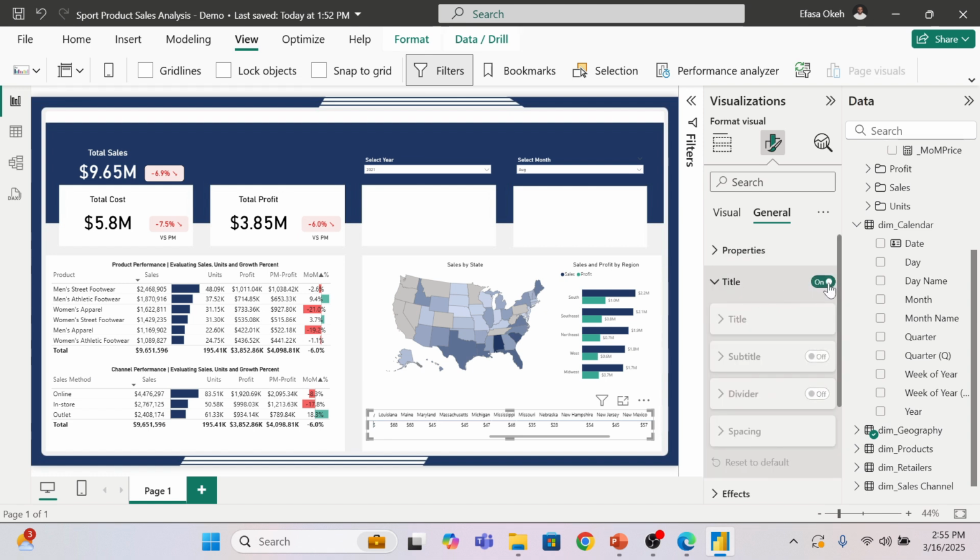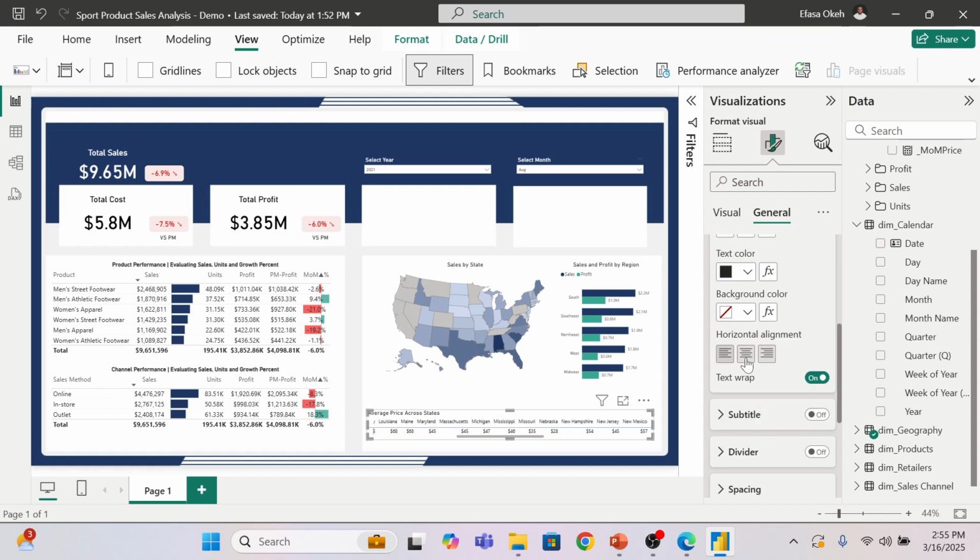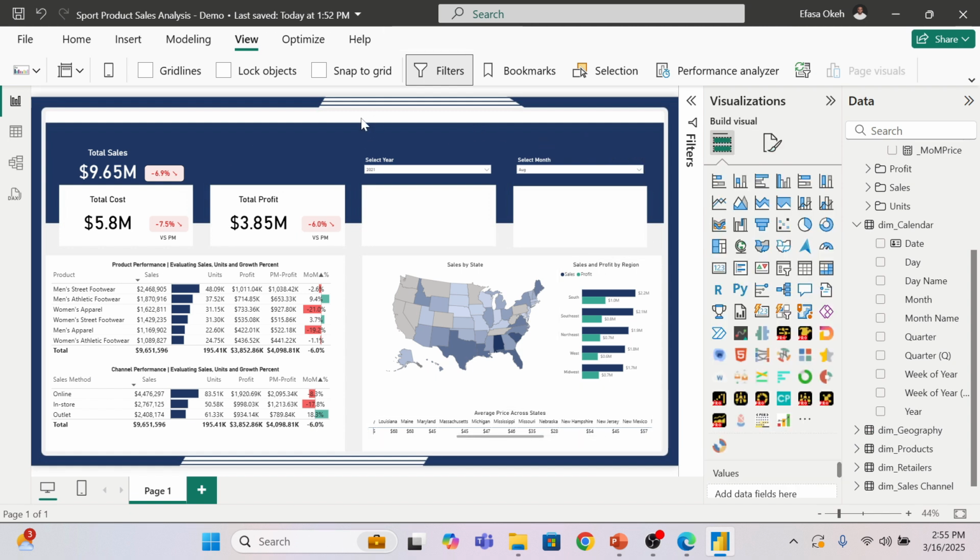I'll give this a title, average price across states. So this is DIN. I'll just centralize this, right? Okay, so one thing I missed also,